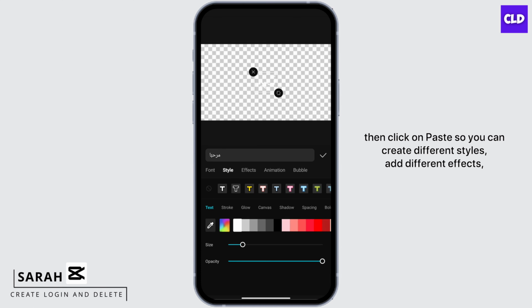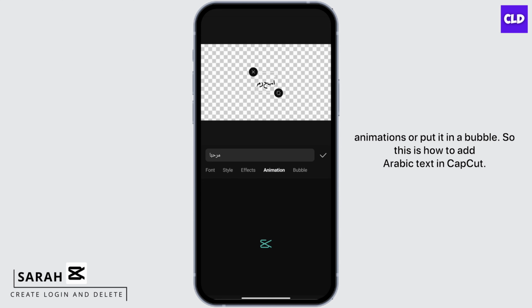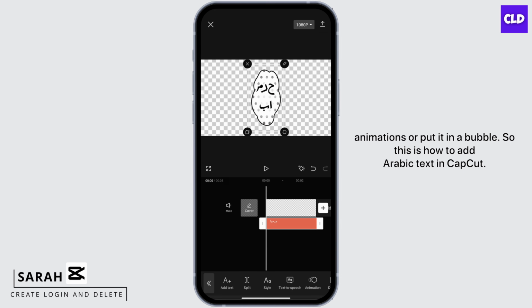So you can create different styles, add different effects, animations, or put it in a bubble. So this is how to add Arabic text in